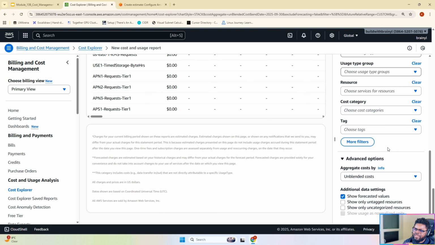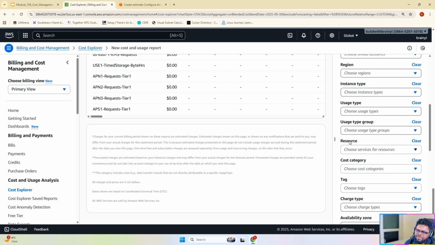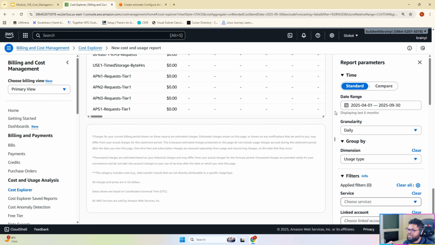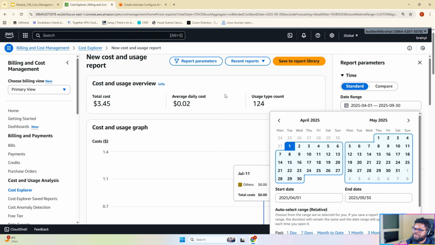So Cost Explorer is there. It's really nice. You can really do all these things. There are so many filters here that you can play with, and you can check by availability zone. You can do all this wonderful stuff. And it's always that place where, whether you're FinOps, you're basically trying to